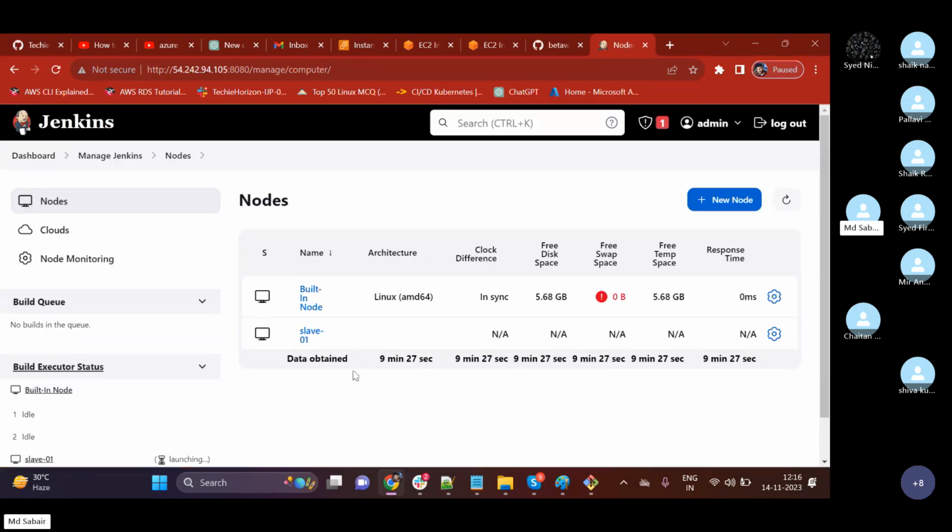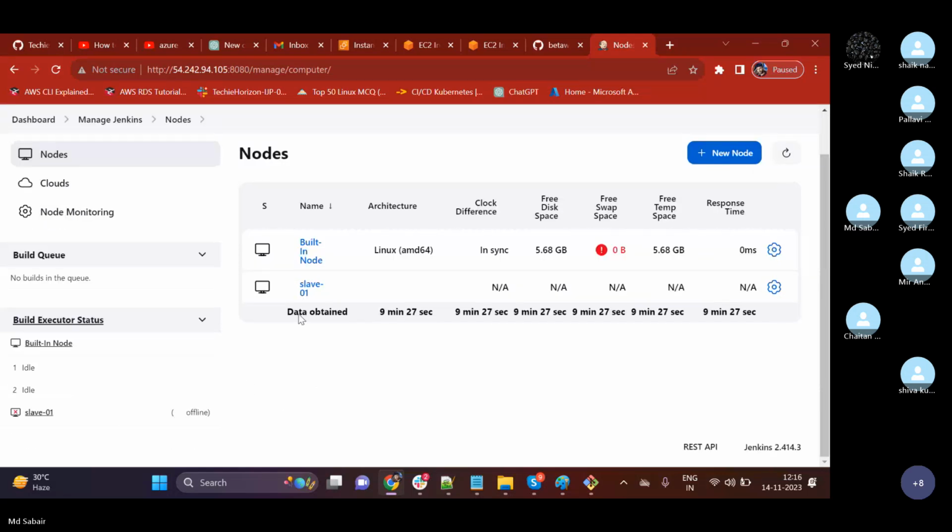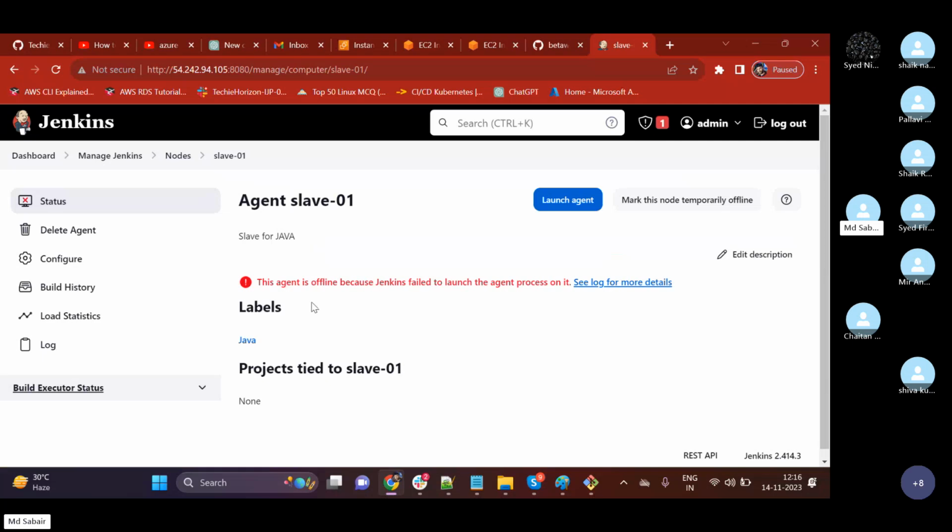So once done, we have almost done our configurations. Let us check the logs related to slave01. If I open slave01, let us see what will happen. See, the agent is offline because Jenkins failed to launch the agent process on it. Something went wrong. So how can we see what went wrong? With the help of logs. If I click here,